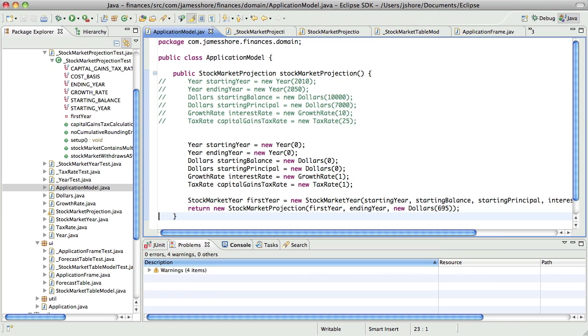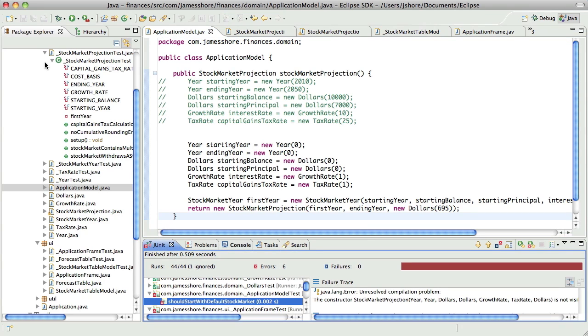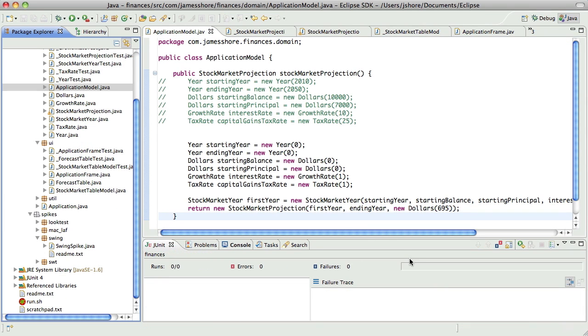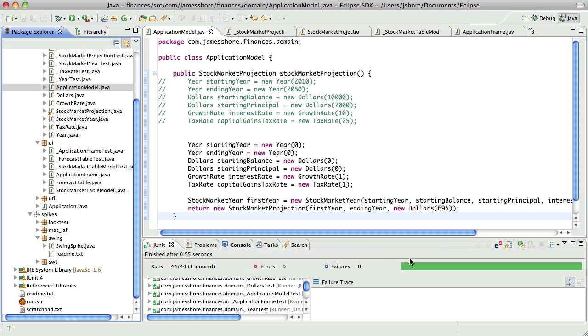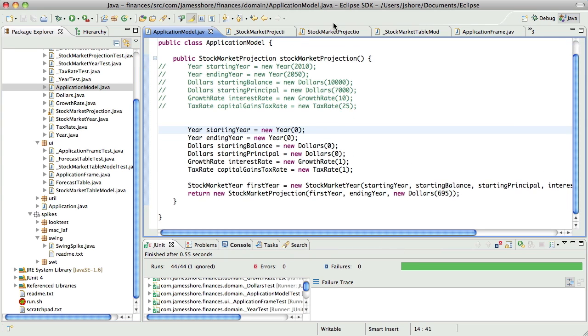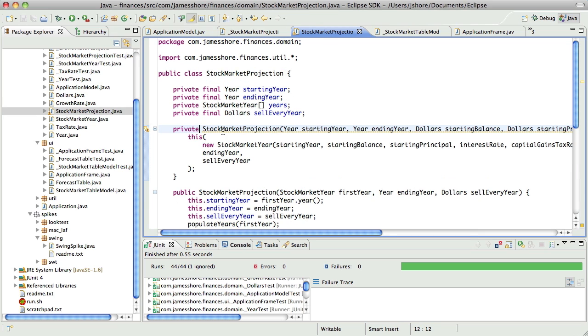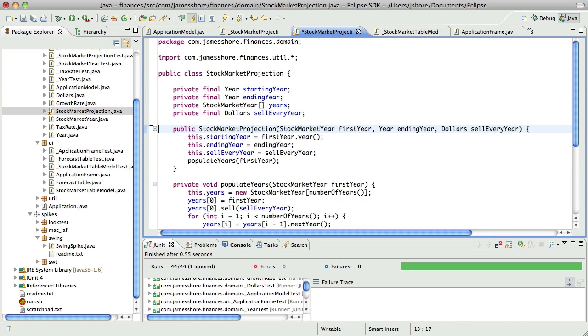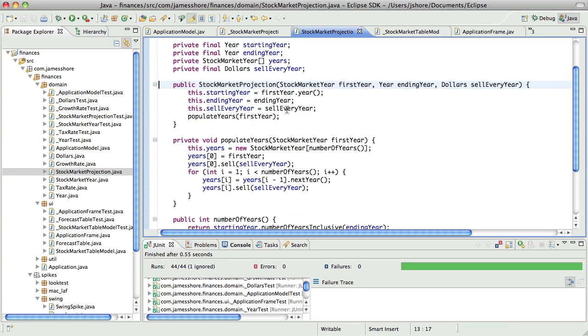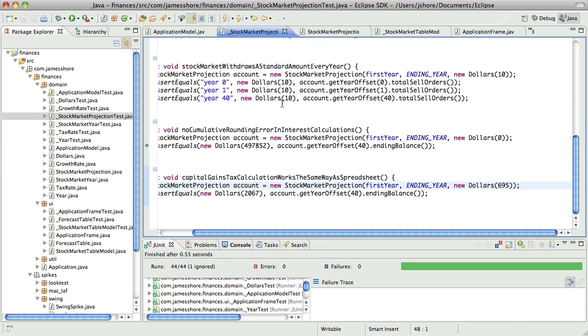All right, now that should work. Yeah, and it does. So now I can get rid of this.